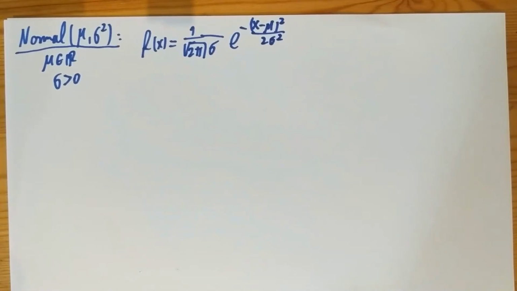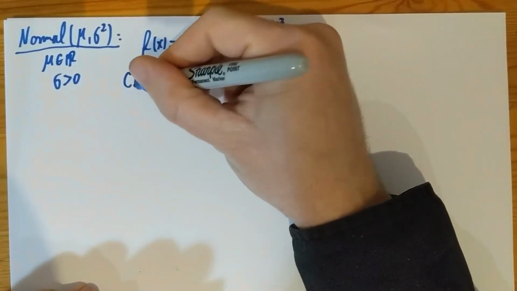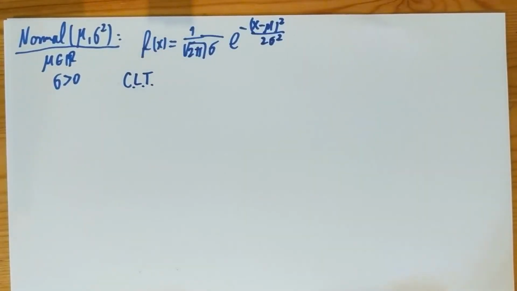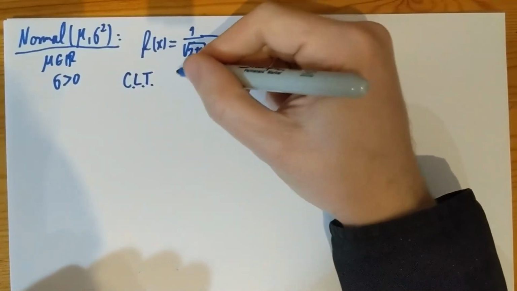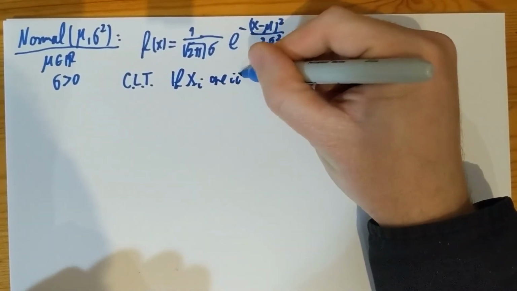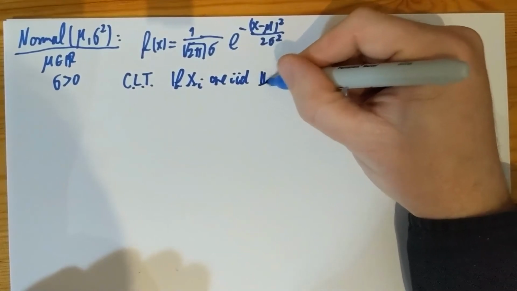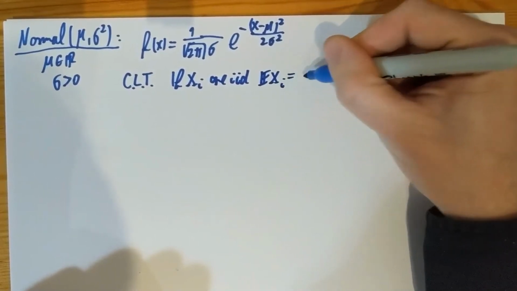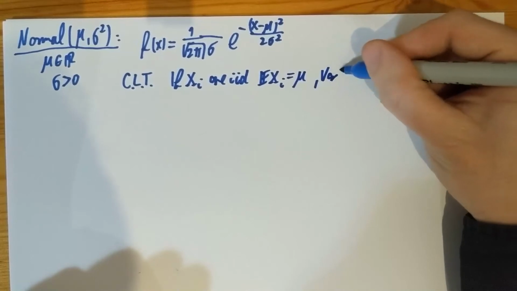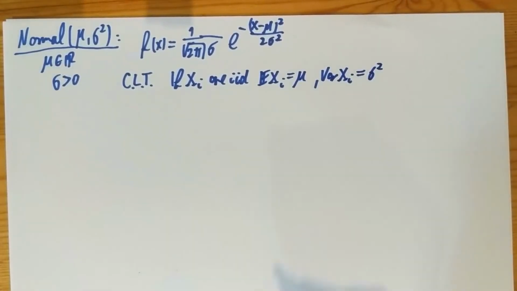And so the reason we like it is that if you add, let me just state the central limit theorem. This stands for central limit theorem. We're going to prove this towards the end of the unit. It says that if xi are IID with mean E[xi] equals mu and variance Var(xi) equals sigma square, both finite, then